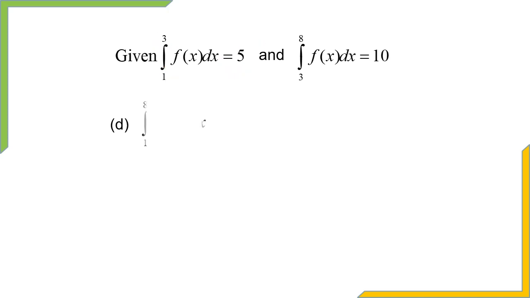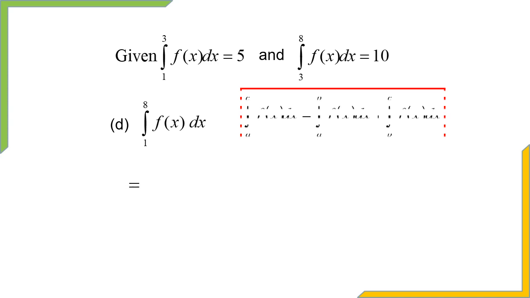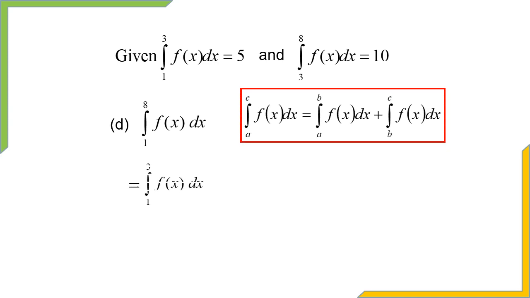For question D, integration of f(x) from 1 to 8. We don't have 1 to 8, but we have 1 to 3 and 3 to 8, so we can just add up. The integration of f(x) with respect to x from 1 to 3, adding up with the integration of f(x) with respect to x from 3 to 8, we get 5 plus 10. So the answer will be 15. Okay,